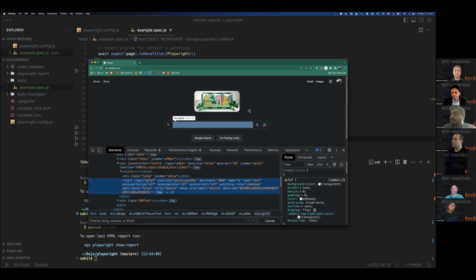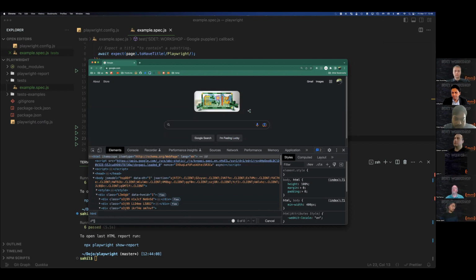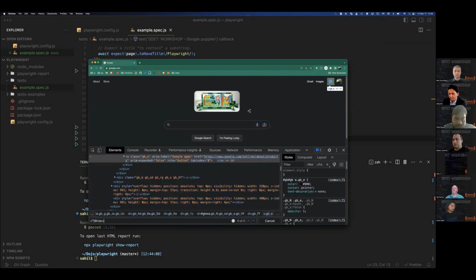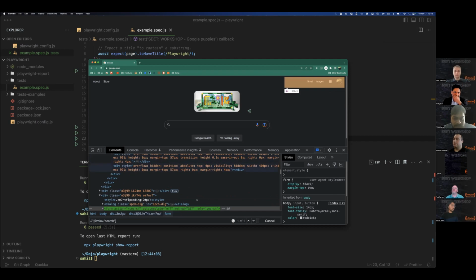Role equals what is the value? Look for text or search. Search.